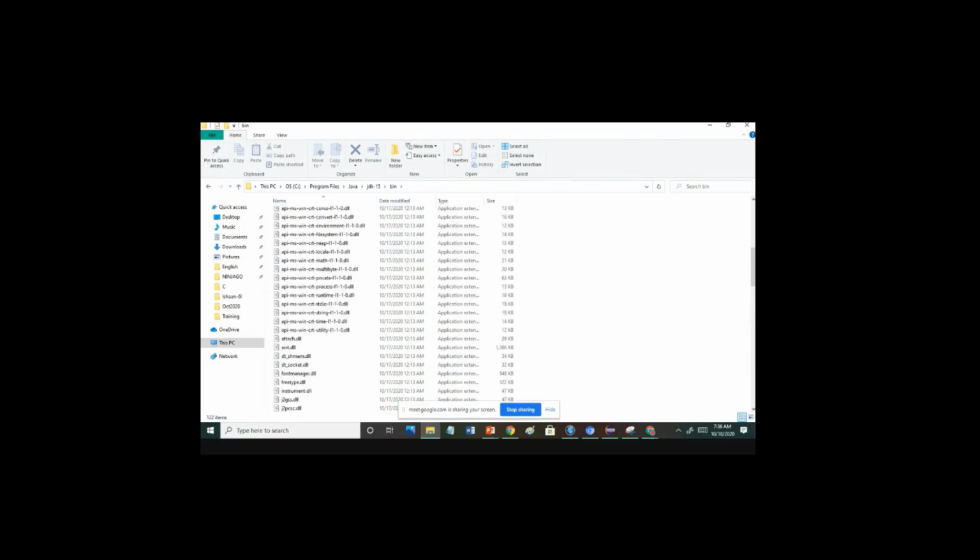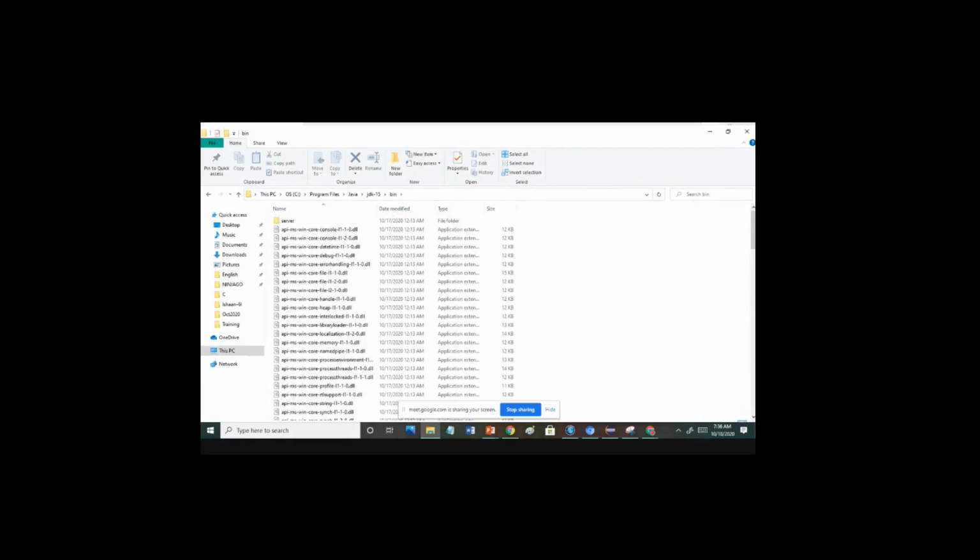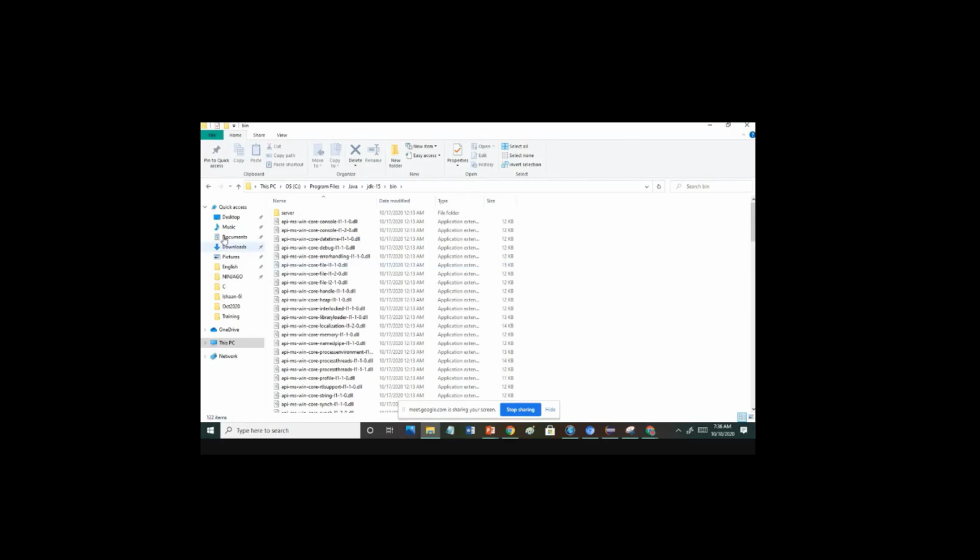So what's the next step? Next step is just to click here in the path. This bin folder has to be in our environment variable, so that we can run all the Java related commands from the command prompt.